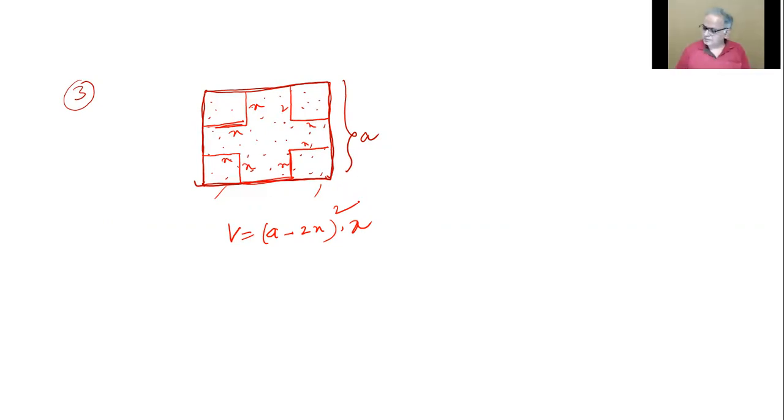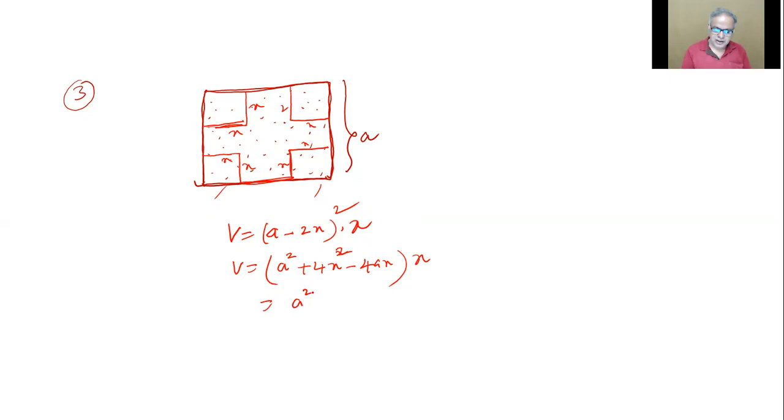Do you follow this? Shivacharan, is it all right? So V as a function of x I've got. If you want, you can expand it completely. Otherwise, if you know how to do the differentiation, you can do it. I've already told you how to find the derivative of such things. Otherwise, to make it simpler, (a square plus 4x square minus 4ax) into x. Actually, this is not required by now, we should directly be able to differentiate it using the UV method, but since there's a composite function, I'll do it like this.